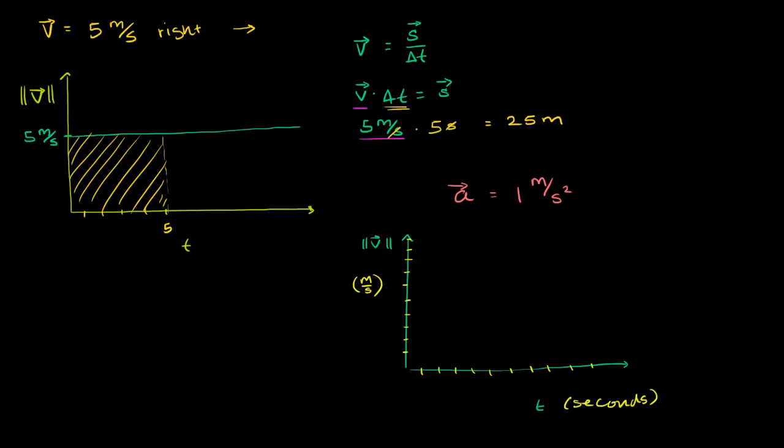So what's going to happen here, assuming that we start with my initial velocity, or the magnitude of my initial velocity, so just my initial speed, you could say, this is just a fancy way of saying my initial speed is 0. So after 1 second, what's going to happen? After 1 second, I'm going 1 meter per second faster. So now I'm going 1 meter per second. After 2 seconds, what's happened? Well, now I'm going another meter per second faster than that. After another second, if change in time is 1 second, then I'm going a